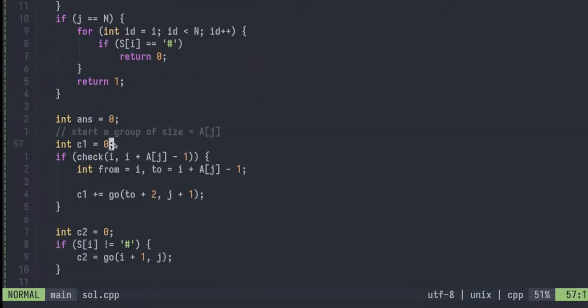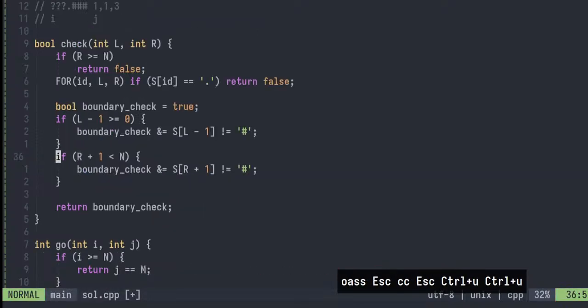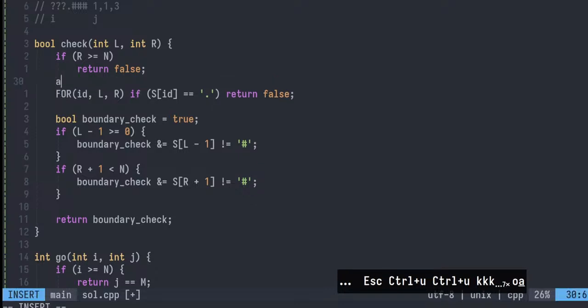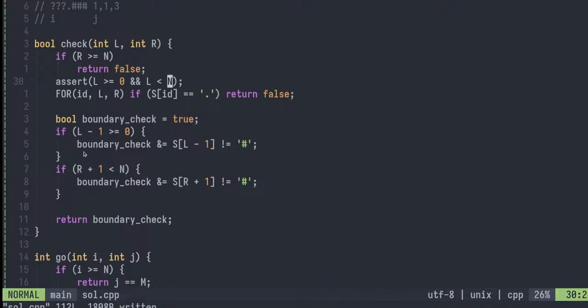I can assert that L is greater than or equal to 0 and L is less than... This is for all the indices inclusive, if any one of them is a dot or